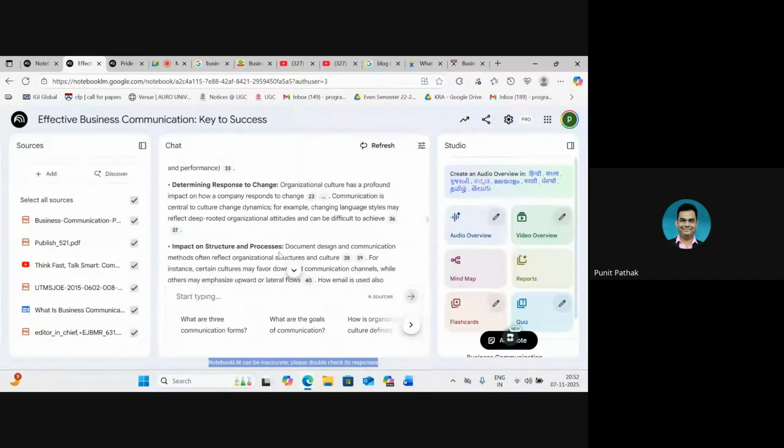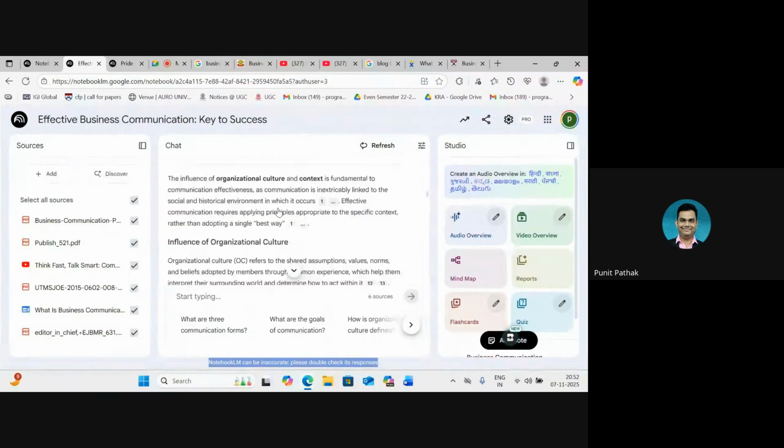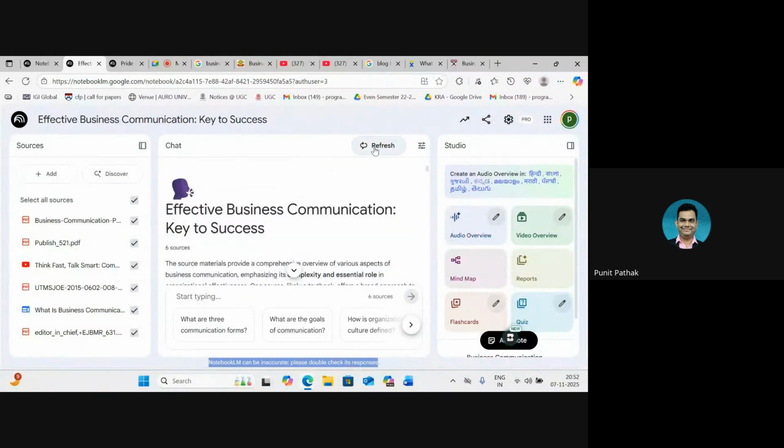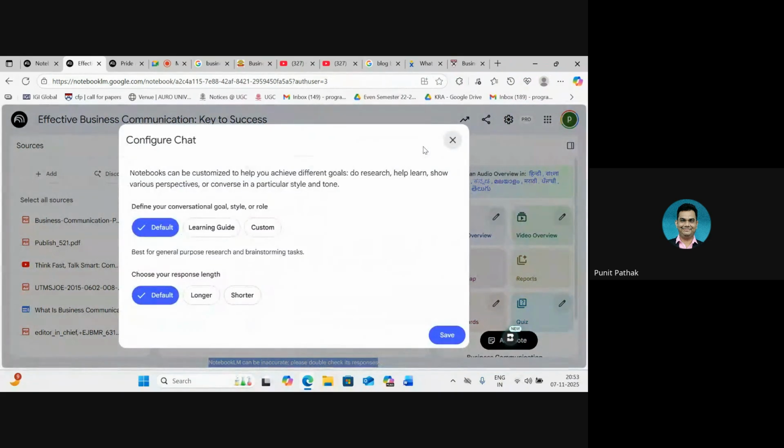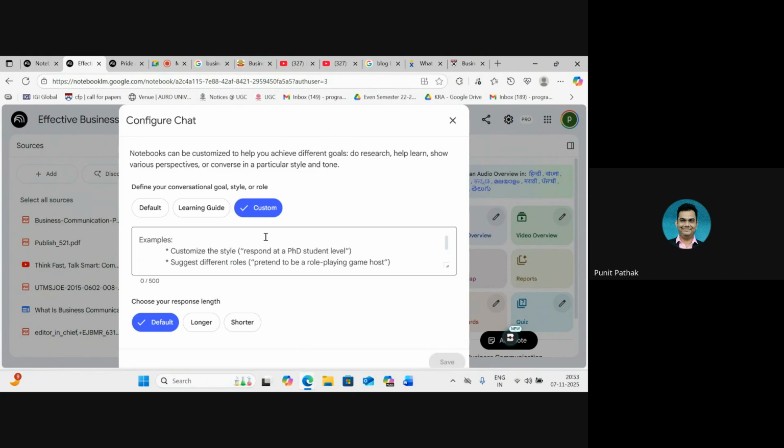Let's say I'm not satisfied with this draft, or I want to delete this section. I can click on refresh. It will delete this entire chat history. If I come here, I can also change the chat styles. So I can make it in the form of a learning guide. I can customize it also. I can give custom instructions,